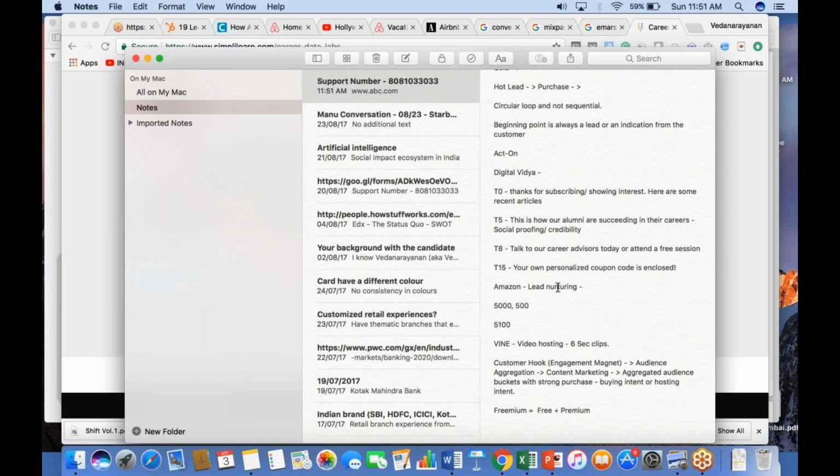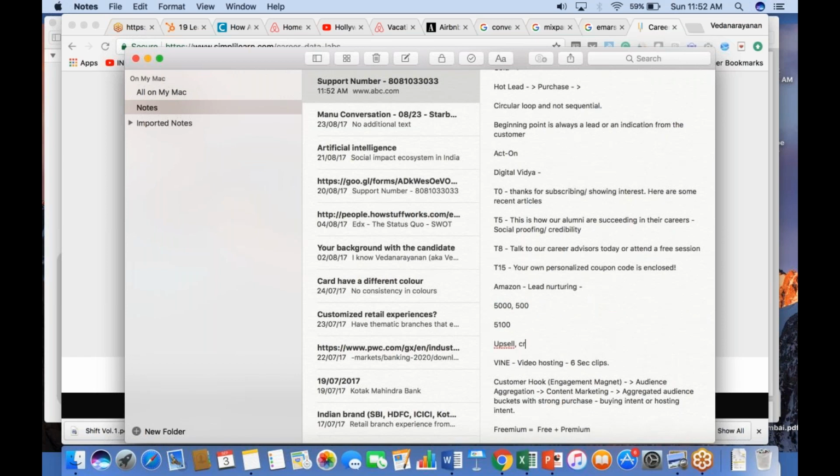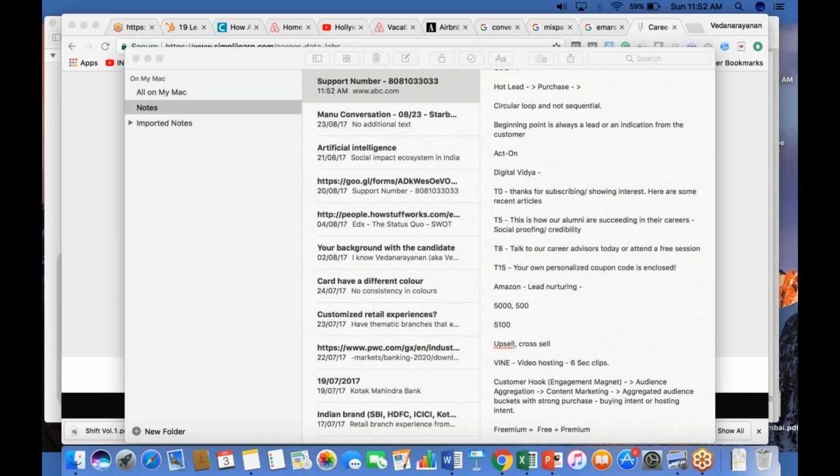In the case of an Amazon, it would be completely different, as I said earlier. Let's say you've shown interest in a mobile phone. It's a standard product. You don't need to sell them on the need to buy that product. That's already done. The customer is already sold. The customer is looking for the best possible deal in this particular case. So how can you offer the customer the best possible package deal, for example? Or how can you repeat engage with the customer to explore upsell, cross-sell opportunities? So it's a horses for courses kind of an approach here. So you need to think through what kind of an email strategy would work for your business in your context.